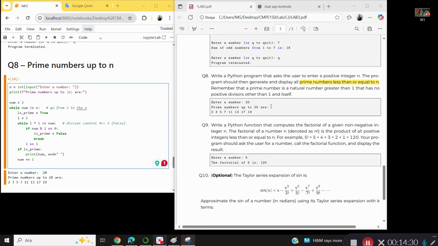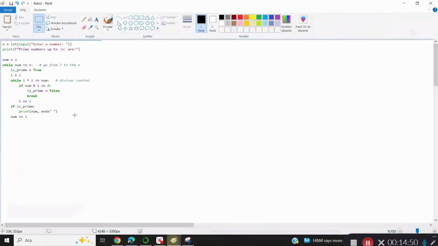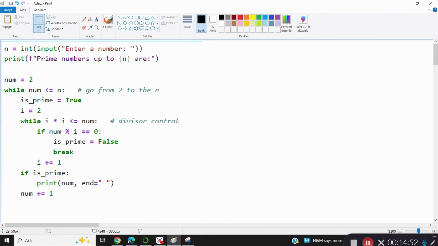Write a Python program that asks the user to enter a positive integer n, and the program should then generate and display all prime numbers less than or equal to n. Remember that a prime number is a natural number greater than 1 that has no positive divisors other than 1 and itself. I just took a screenshot from there and will go to Paint to explain a little bit more. Let's say the user puts here 20